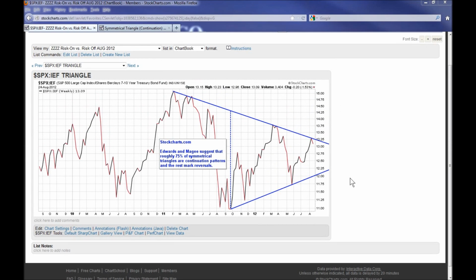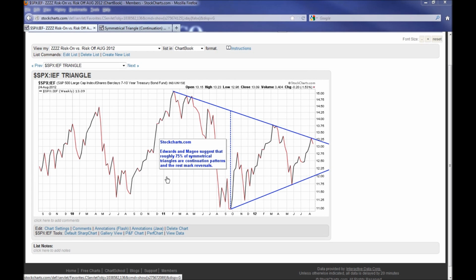We believe it's fairly easy, looking at the exact same ratio here, to make an argument that this pattern is a symmetrical triangle. So here's your triangle in this area here. So what we're trying to determine is, are the odds that we're going to break higher, move lower, or even have a bearish break? According to StockCharts.com, a study by Edwards and McGee suggests that roughly 75% of symmetrical triangles are continuation patterns, and only